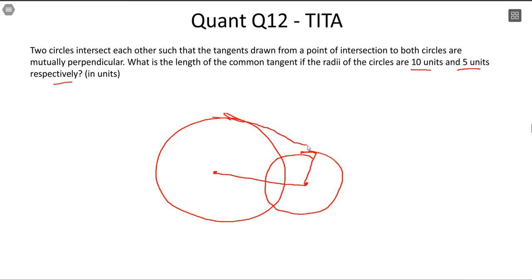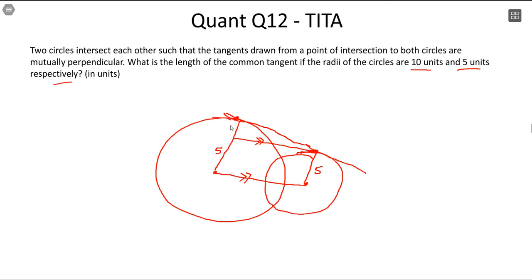So the common tangent will go somewhere like this. Just bear with my drawing skills. That is how awesome I am. I know this is 5. These two intersect, so we don't know what the length is, but whatever the line joining their centers is, also draw a line from the point where the tangent is getting made in the smaller circle to the larger circle. Can you see if these two are parallel? If these two are parallel, these two would also be parallel now. This will also be 5. This will also be 5.